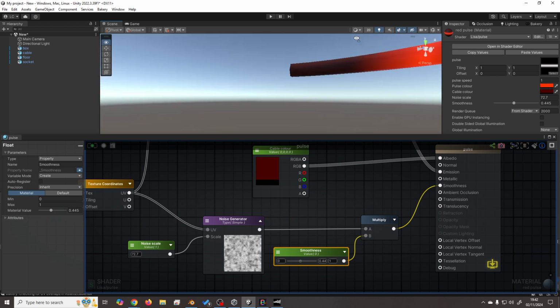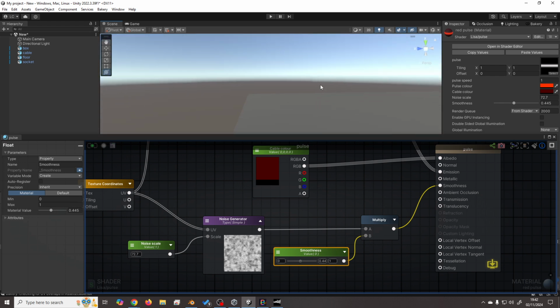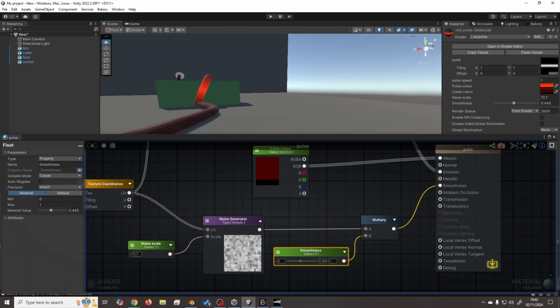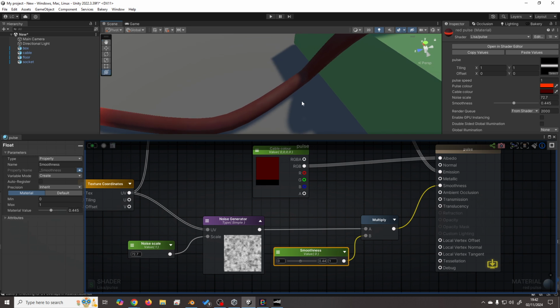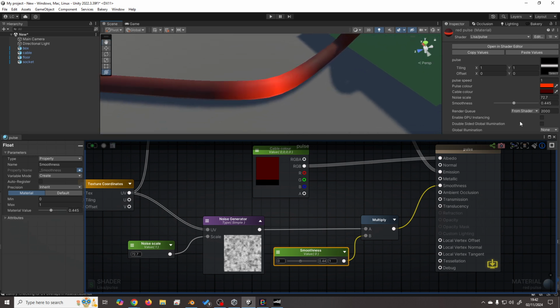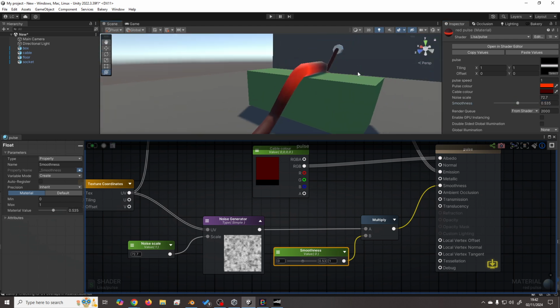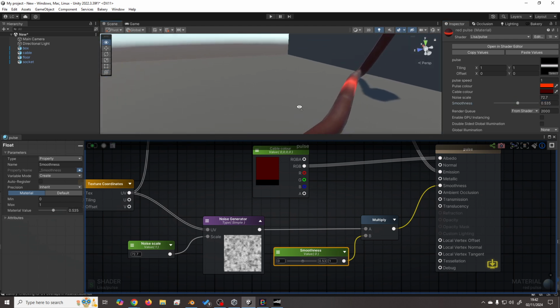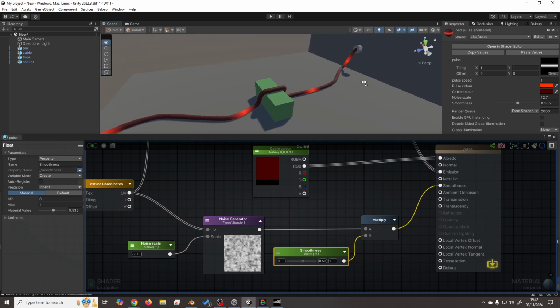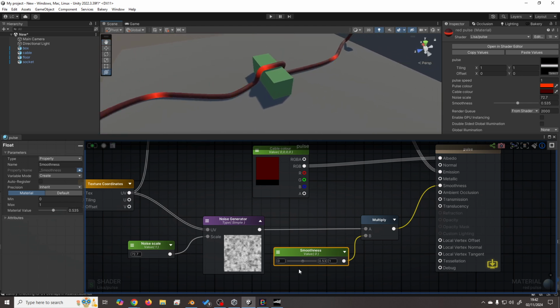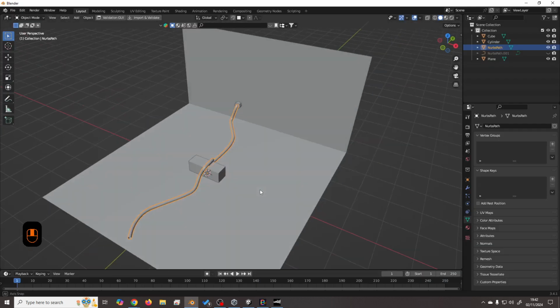Yeah. Oh, what have I done? That looks all right. It makes it a bit more interesting and does kind of look like a little bit of a rubber pipe. Maybe turn it up a tad more. Yeah, that's okay. And one of the cool things that you can do in Blender as well is